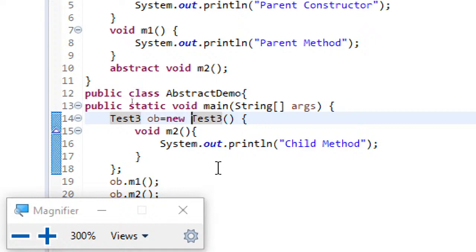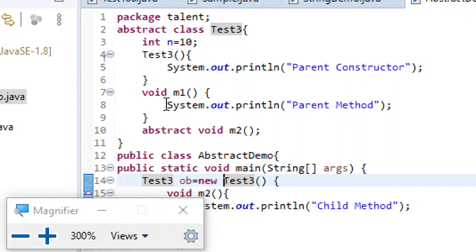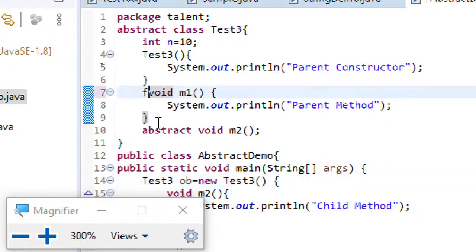And next, another thing you have to understand is, now here I can have final methods, final void m1. Observe this, in the abstract class I have just declared my m1 method as final. What does it mean?